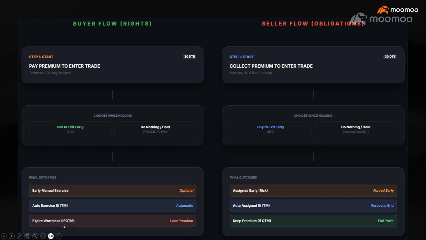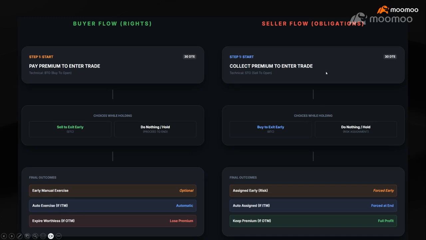Okay? I want you guys to understand this well. Some people ask: if they have a lot of buying power, they actually have the money to buy the options. All of a sudden, they didn't manage the position, and then the option is in the money. They actually don't want to hold the underlying. They don't want to acquire the underlying. They just want to make the price difference. But they didn't manage it. It triggered the auto exercise. All of a sudden, their portfolio got 100 shares of the underlying. So make sure you are aware of that.